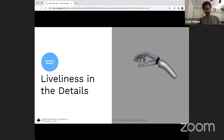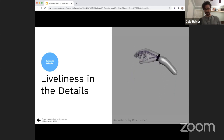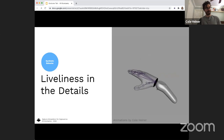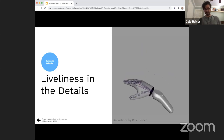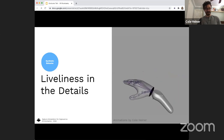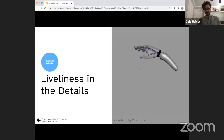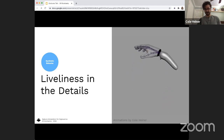But I would say any free software like Blender would be a great place to get started, open source. And in combination with that, Unity is great. There's a ton of tutorials online. But between some type of modeling program, if you're looking at quickly arranging things in 3D space,